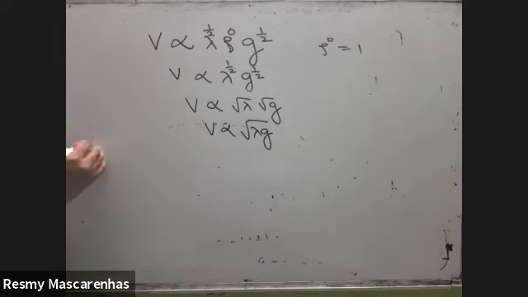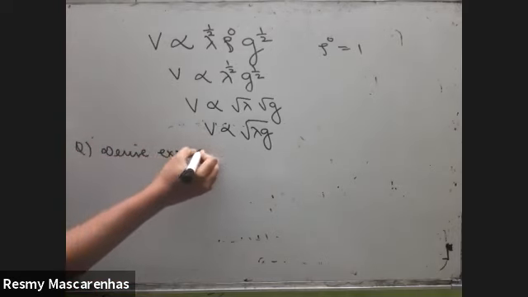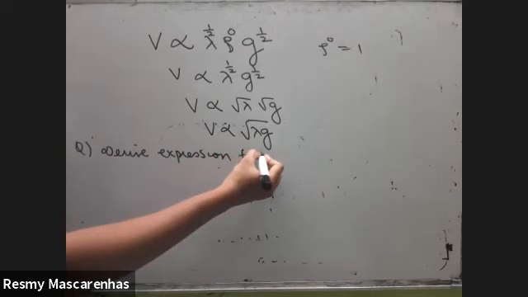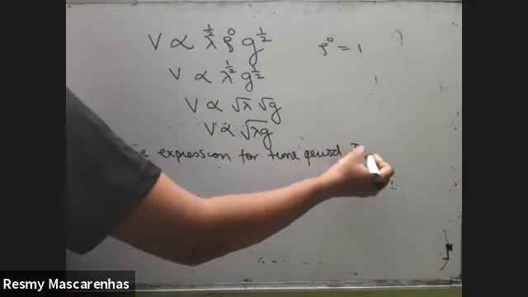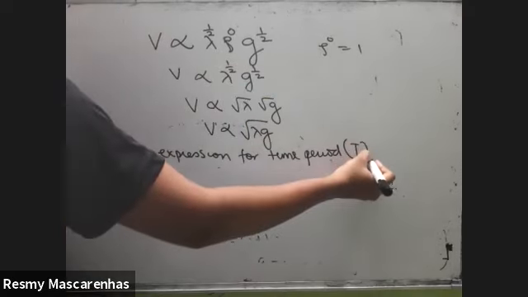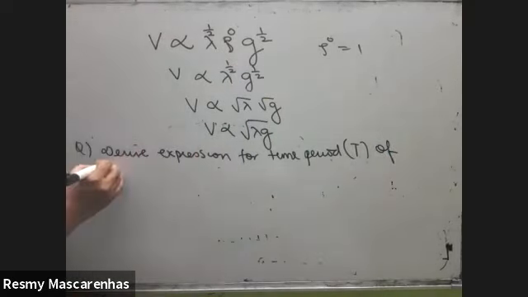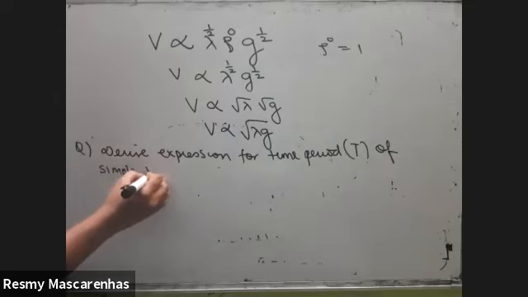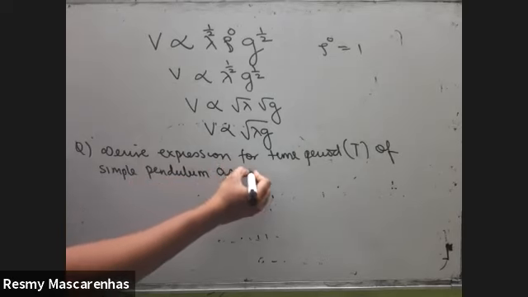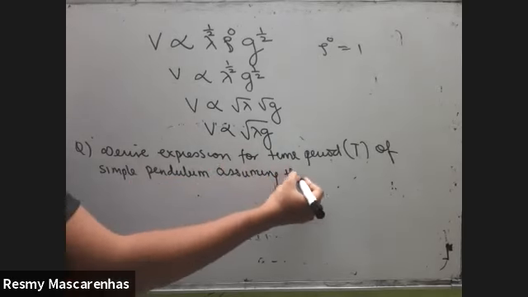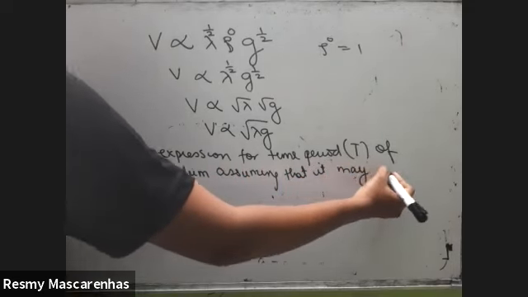Derive an expression for time period t of a simple pendulum, assuming that it may depend upon